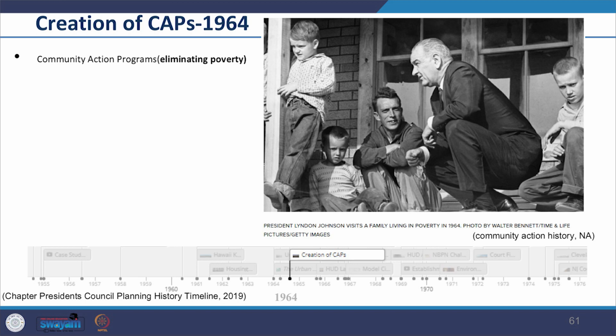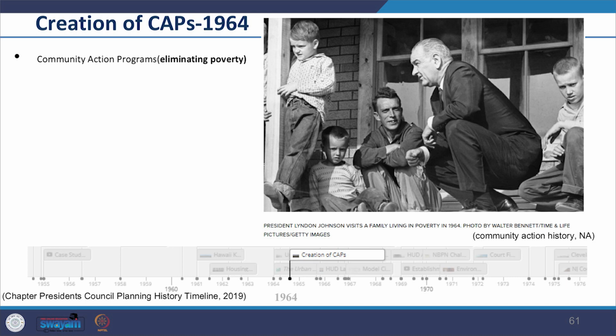The programs were controversial because they gave the power for deciding how money would be allocated to the community's impoverished population as opposed to elected officials. So, there was conflict, and CAPs were generally ineffective because of high expectations and insufficient funding.